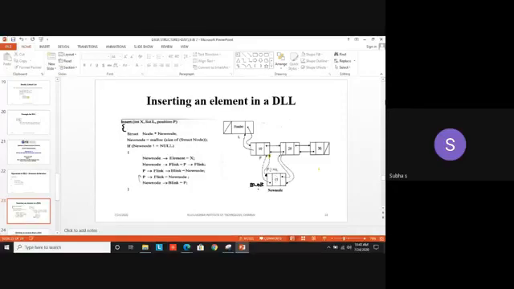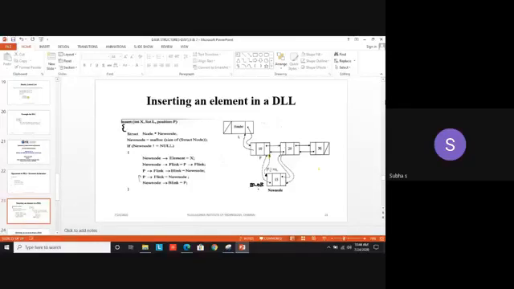Now look at that position P, the 10 element. Where is the forward link pointing to initially? Anyone please unmute and tell the answer. The forward link of 10 is pointing to whom? 20. Yes, 20. The backward link of 10 is pointing to? Header. Okay. So now I have to insert. The backward link of 20 is pointing to 10. So between these I have to move my element, I have to insert my element.